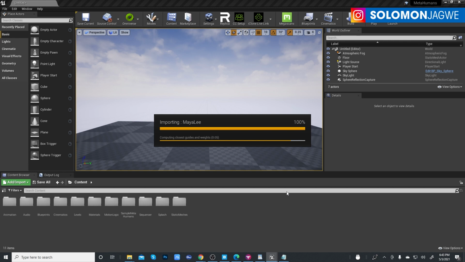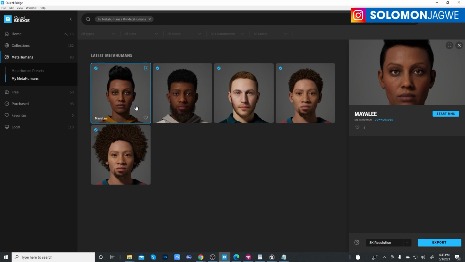So I want you to see this process so that you don't think either that the Unreal Engine has crashed or that something is wrong. It might be that your machine is slow, it might be fast, but I think it's important for you to see the process all the way to the end, so you don't get frustrated, because I think that's where we often give up, when we are frustrated with the process, with how things are not working. We're like, is it supposed to work this way? It is supposed to work this way, and it is going to take this long, depending on the speed of your machine. And because of the nature of these characters, they are so detailed and they have a lot of different levels of detail,